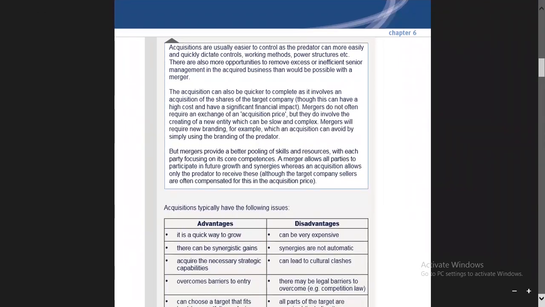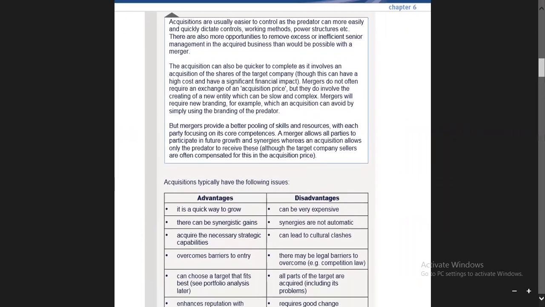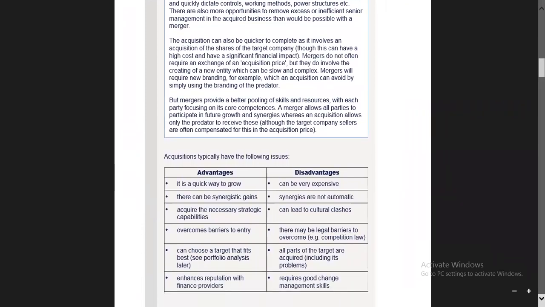Yes, as you acquire the company, you will be in the controlling position. You can dictate to the smaller companies. You can make them work as per your likes and dislikes. You can influence the smaller companies. But in mergers, you cannot influence the companies because the ownership remains the same. There is common ownership. But in acquisition, you can easily dictate to the other company because you are the owner and you hold more than 50% of the share of that company. So acquisitions are easier to control.